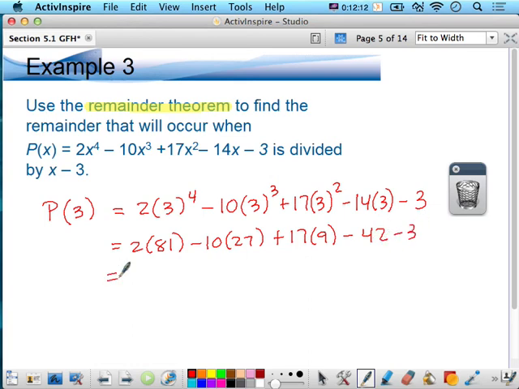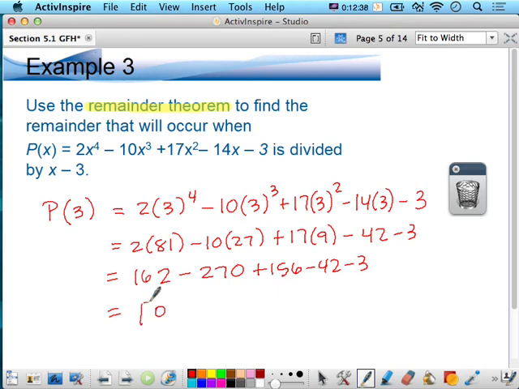So 2 times 81 is 162. 10 times 27 is negative 270. And 17 times 9 is 156. Minus 42 minus 3. And if we tally all of that up, it turns out that it's equal to 0,